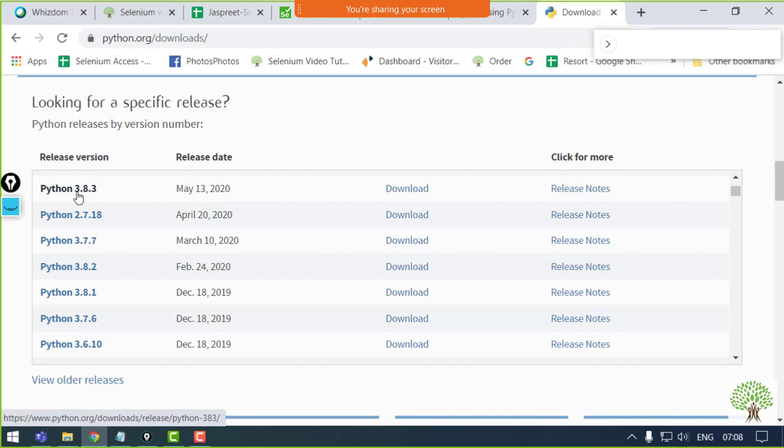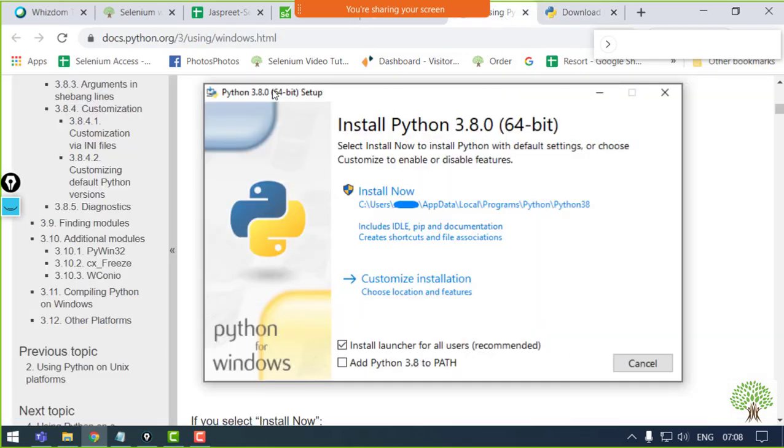Just need to click next, next, next. But before that, once you run that executable file, it will ask you a prompt like this: Install Python, whichever version you have, that will be written over here. You need to make sure that you check this checkbox while installing. The benefit of this is that checking this check mark will automatically add Python into the environment variables of the system. You don't have to go manually and add it into the variables.